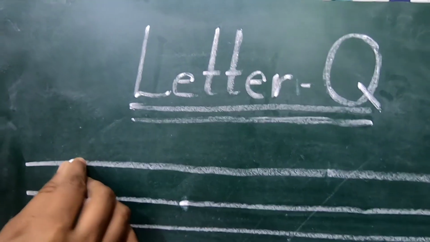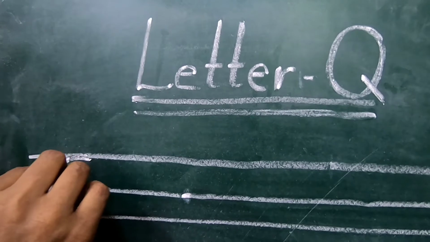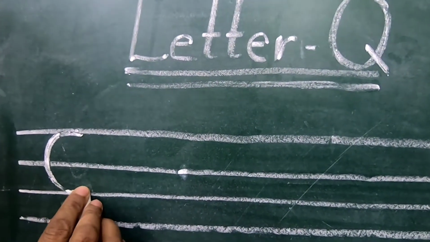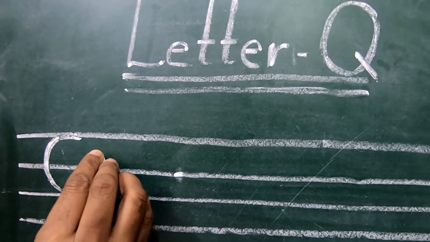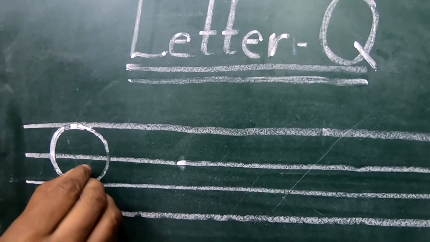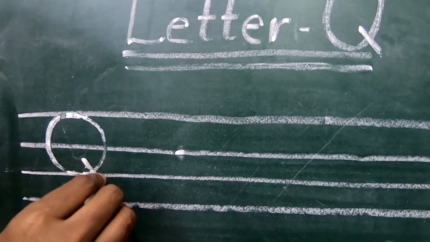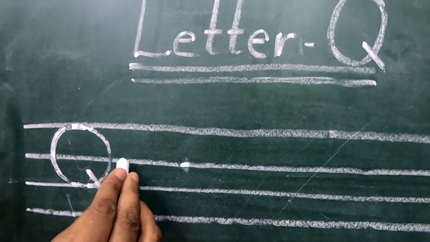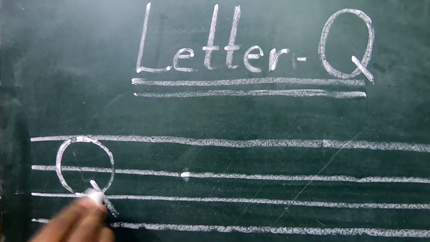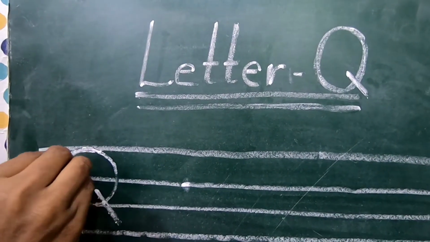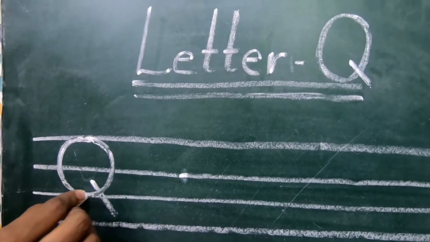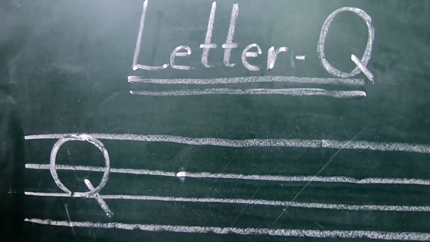As we have done curves, we will continue a left curve, then you have to go upward, take a curve, and then stop. Then make a slanting line downwards from the middle of the waistline and baseline. This is letter Q. In this way you have to make it. You can make two curves also, or you can start from a single point and then complete a circle.